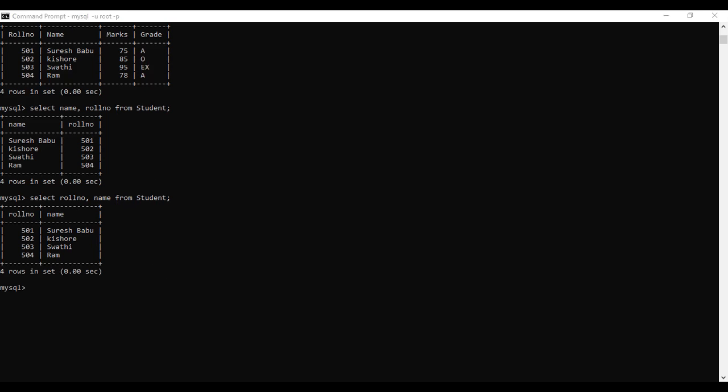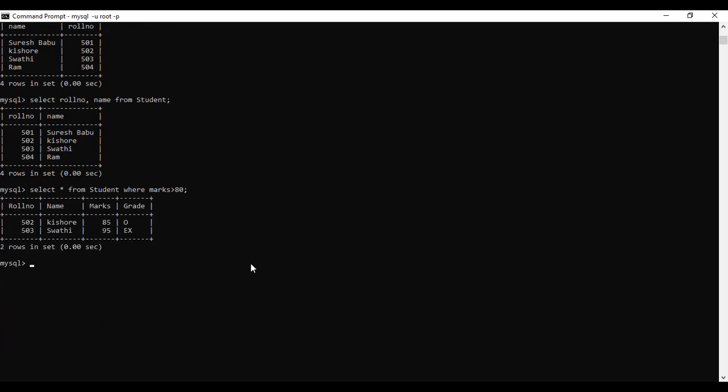Later, we can also select the marks and so on. Another variation of the select statement generates the rows of the student table where the marks value is greater than 8. So two rows are selected according to that.